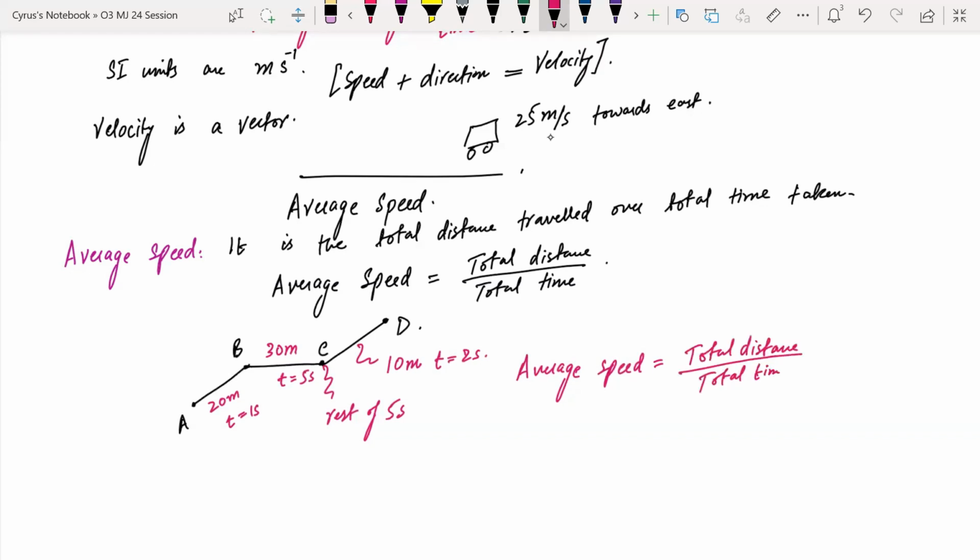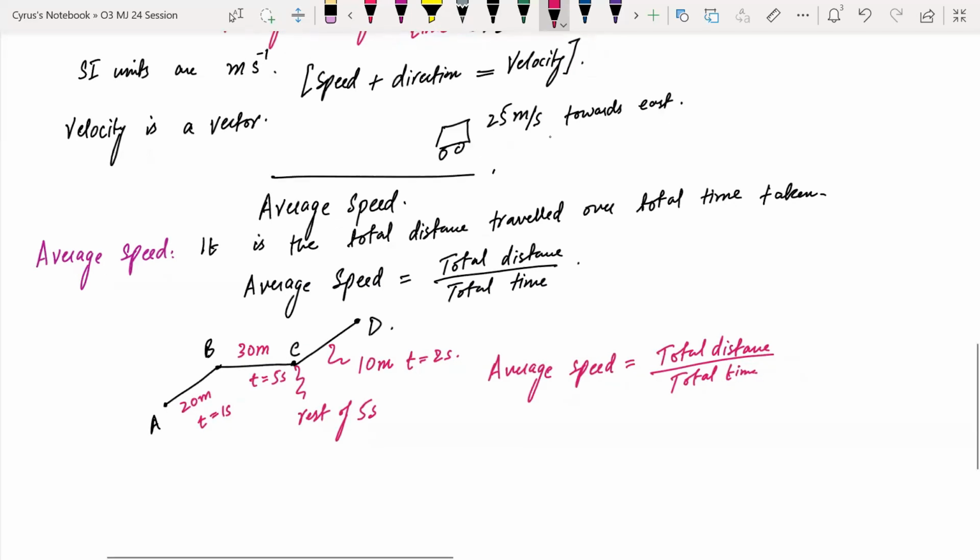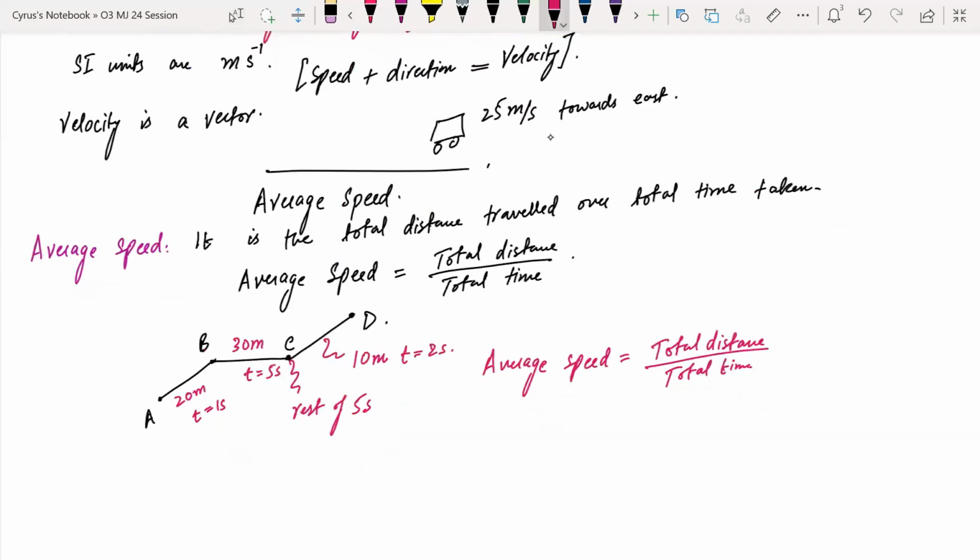तो आपको रेस्ट टाइम भी इसमें इंक्लूड करना पड़ेगा। रेस्ट टाइम इसलिए इंक्लूड करना पड़ेगा क्योंकि टोटल जर्नी की बात हो रही है। ठीक है, अगर ये एरोप्लेन होता और वो कहता है कि ओनली द एवरेज स्पीड व्हेन फ्लाइंग, तब आपके पास अगर कोई एरोप्लेन किसी एयरपोर्ट पे रुका हुआ है तो उसको टाइम को इंक्लूड करने की जरूरत नहीं है सिर्फ। लेकिन यहाँ पे जब आपके पास कोई कार जा रही है और वो कुछ डिस्टेंस कवर कर रही है, तो आपको रेस्ट टाइम भी इंक्लूड करना। सो टोटल डिस्टेंस इज 20 प्लस 30 प्लस 10,